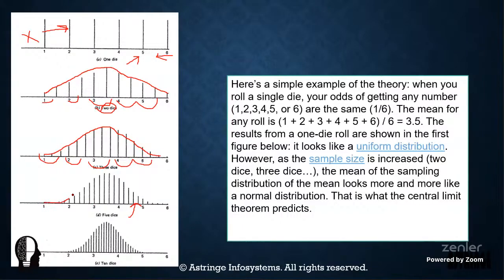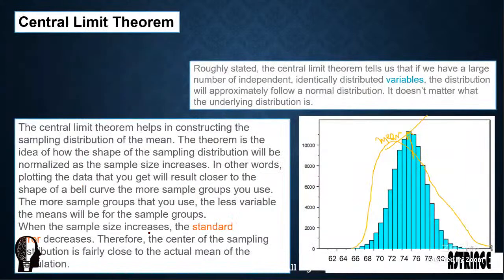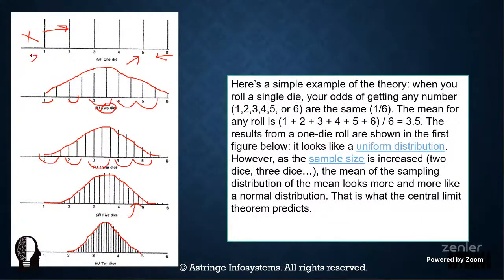So now check that five dice. In the five dice, you have more clarity about the normal distribution. In your 10 dice, you have a better idea about the graph peak, how it has looked, and how your theorem is now satisfying the basic idea of the distribution. Okay, we actually read about what the central limit theorem is. It just constructs a sampling distribution of your mean. That's it. And this theorem will ideally show how the shape of your sampling distribution will be normalized.